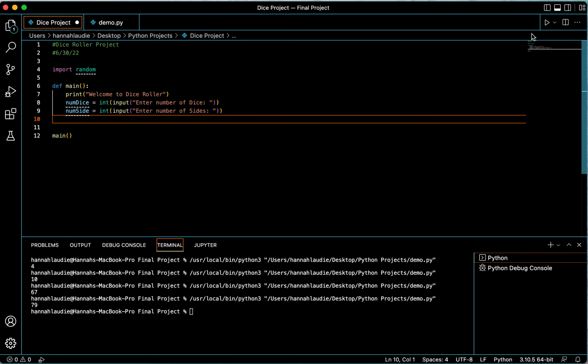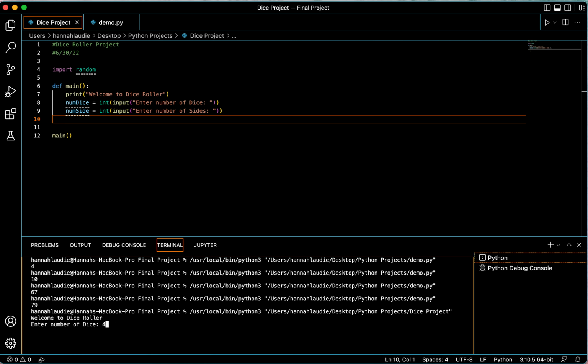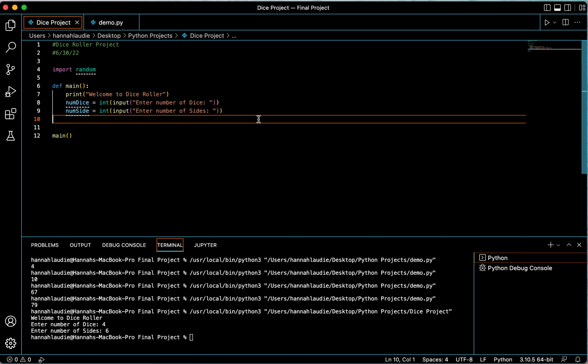Okay, and let's make sure that this works. Up to that point, enter number of dice, just go with 4, enter number of sides, and let's go with 6. Okay, perfect. So it works up to that point,